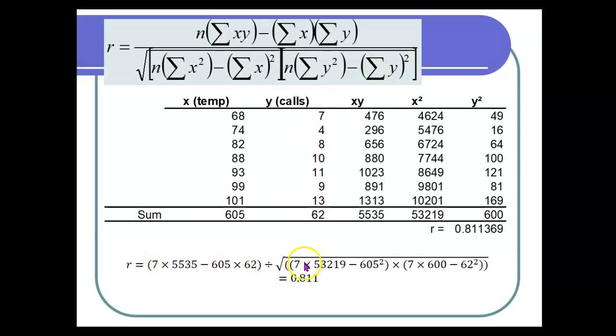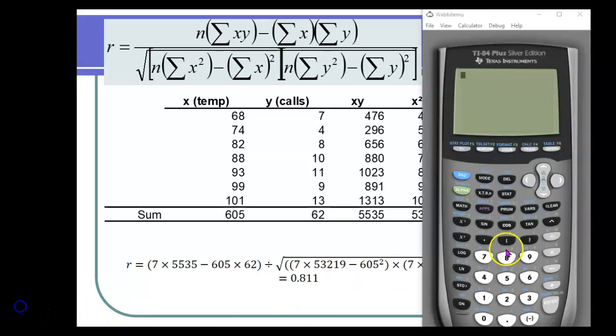So here's what it looks like with all the numbers in place. This is what you would actually put into a calculator if you were calculating R directly from that formula. Let me show you what that looks like. I need parentheses around my numerator, so it's parenthesis 7 times 5535 minus 605 times 62, close parentheses, divided by, and now the denominator is all under one big square root sign. So the square root of,